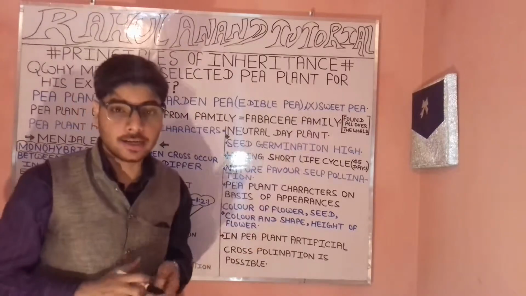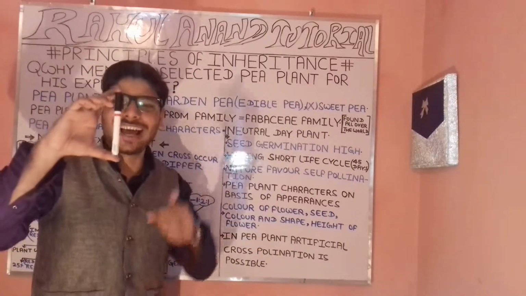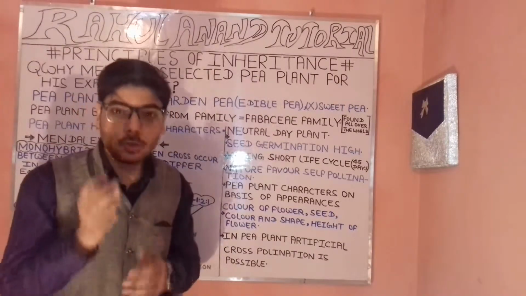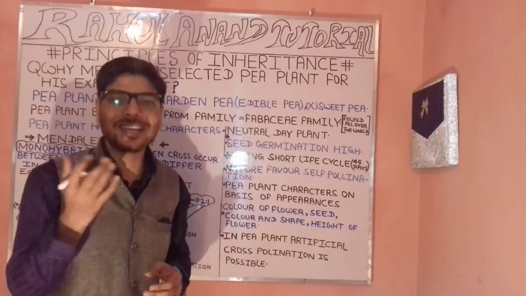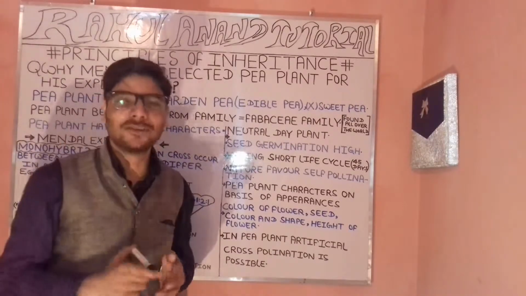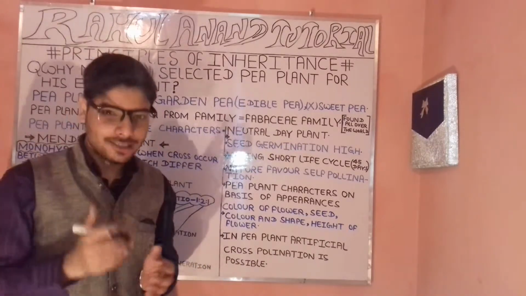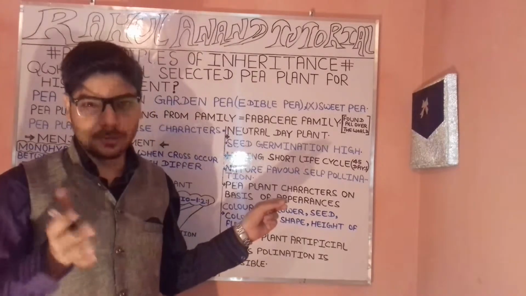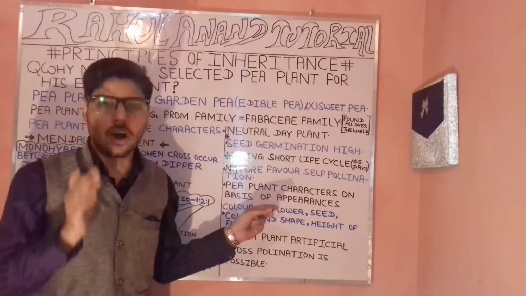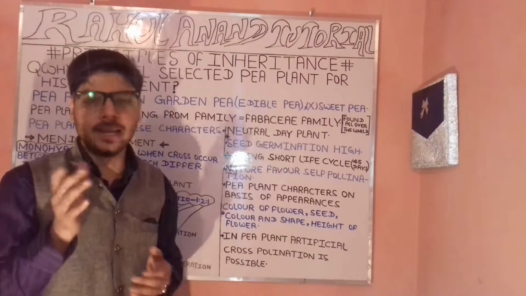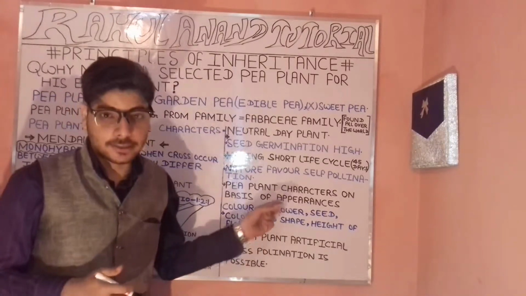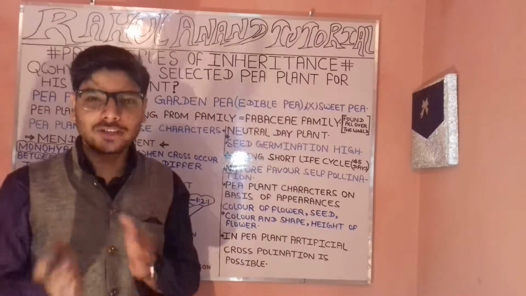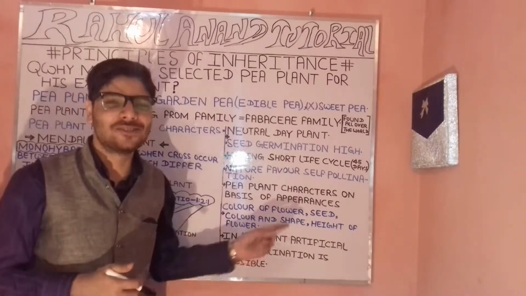Either the flower is localized in the same plant, or two different flowers are localized within the same plant; it comes under self-pollination. It has pollen grains, the male reproductive part, the anther, and the female stigma. When I talk about cross-pollination, the case is a bit different.